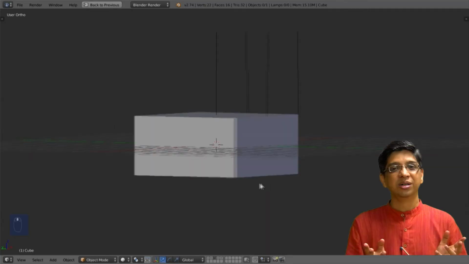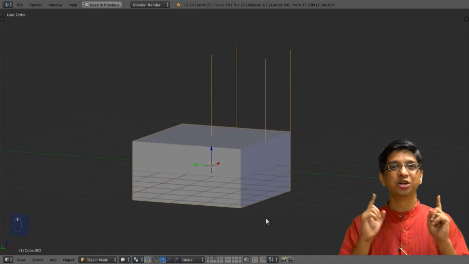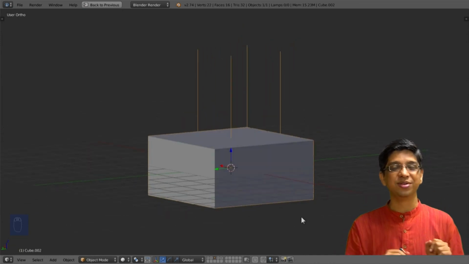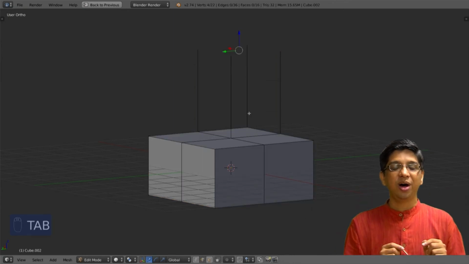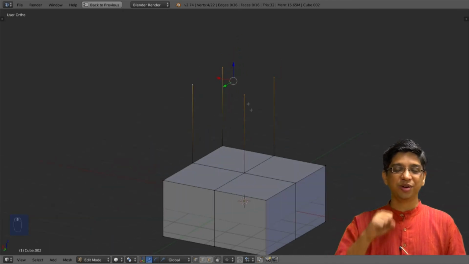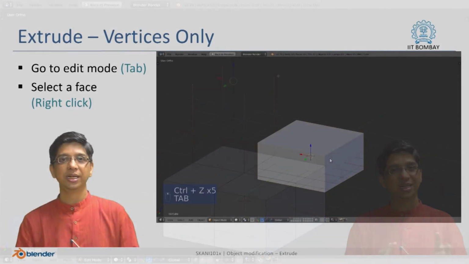Let us see now if you want to create a model which looks something like this. Yeah, suppose you want 4 towers to be put up on this particular building. These are the 4 lines which will represent that. These are the vertices basically at the top. Now how to just take those 4 vertices up? Yeah, these are the 4 vertices. Now how to get these 4 vertices up there? Let us go back to the